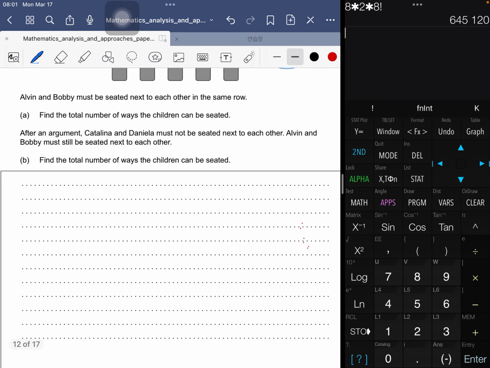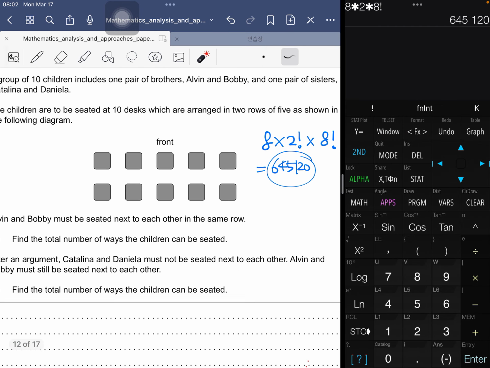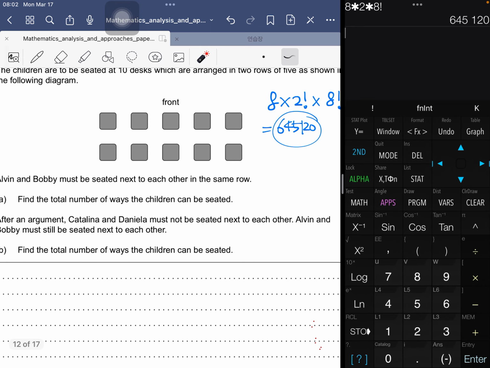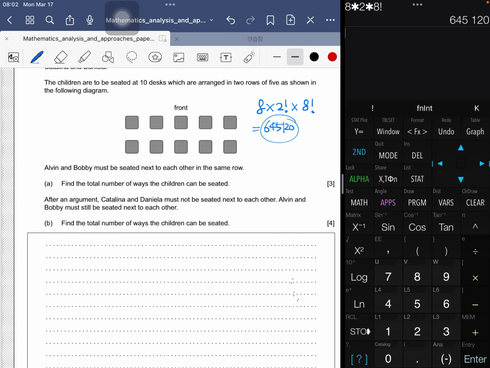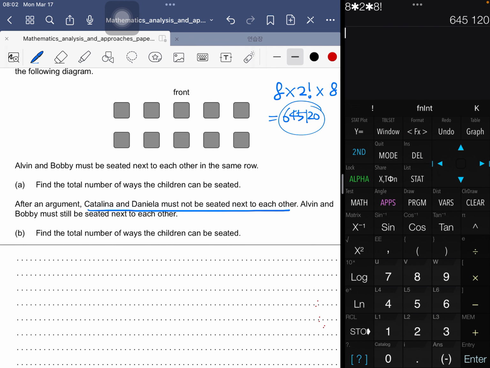Okay, question number B. After an argument, C and D must not be seated next to each other. A and B must still be seated next to each other. Find the total number of ways children can be seated. Okay, let's start from here. C and D must not be seated next to each other. The number of ways C and D must not sit next to each other